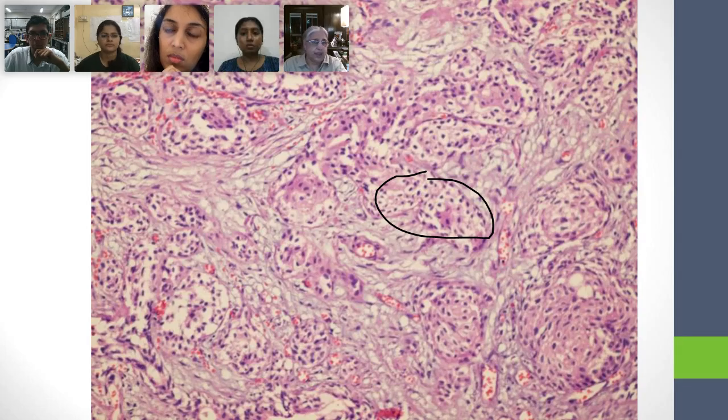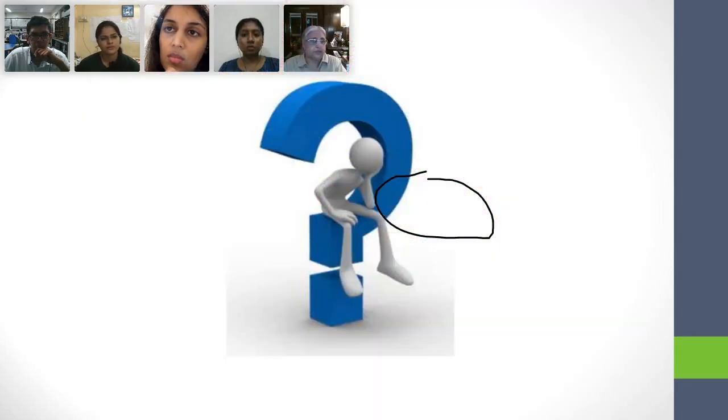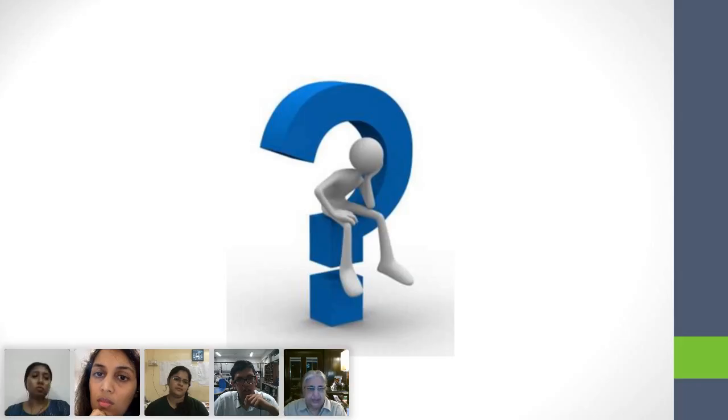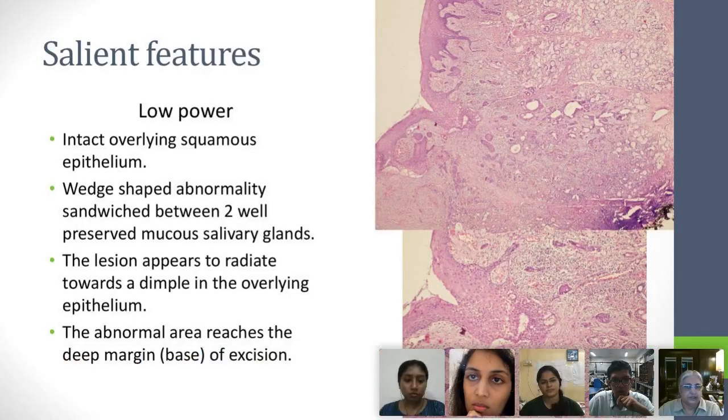Okay, but so everything is certainly not squamous. So come on now, Ashish. What do you think this is? Ma'am, I think it is a benign lesion. You think it's a benign lesion? Very good. And the primary site of the lesion, it is a salivary gland lesion with a benign.